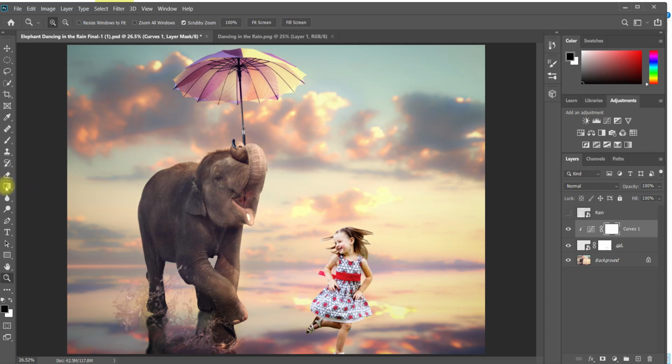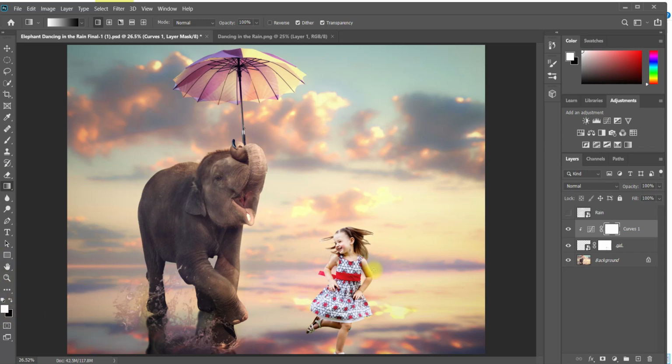Click on the mask to make sure it's selected. Then I'm going to come over here to my gradient. Click here on the gradient tool. I'm going to make sure that my foreground color is white. White reveals, black conceals. So anything that shows up as white in this mask is going to reveal itself. So because we're on the curves layer, the curves adjustment that we just made is going to be revealed everywhere